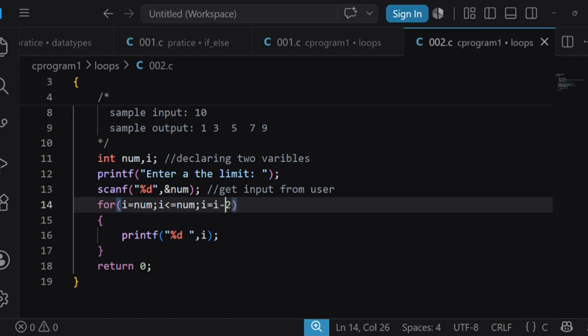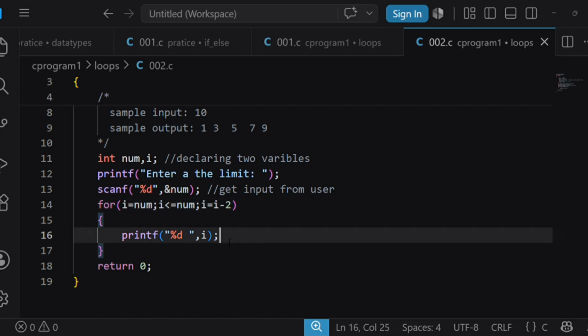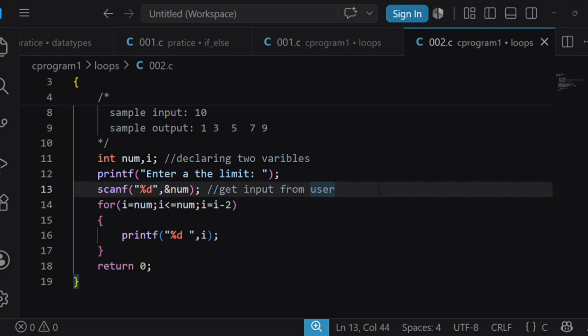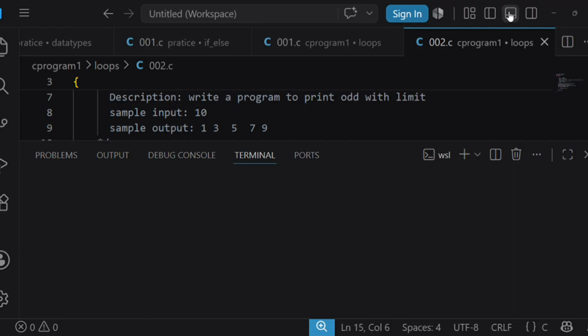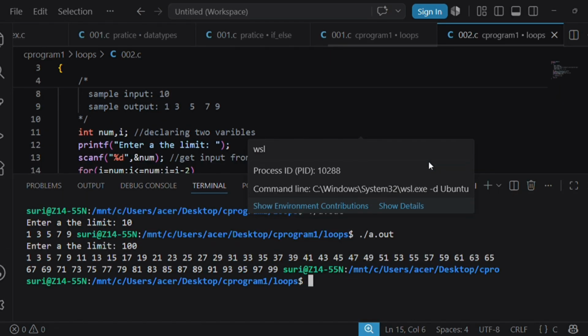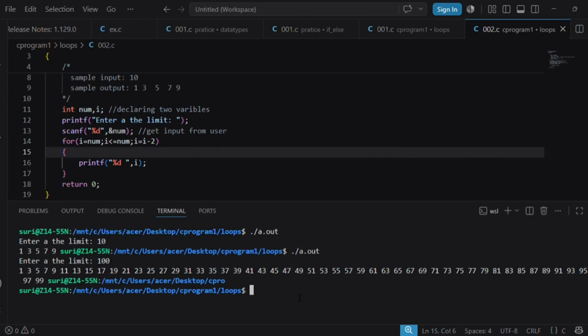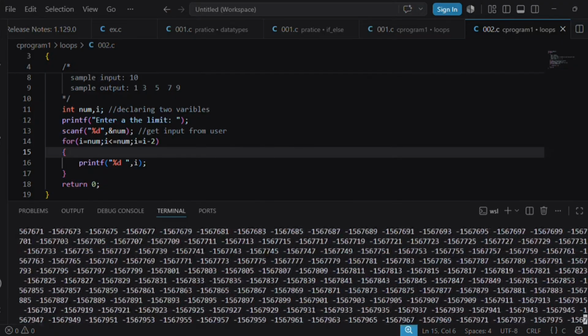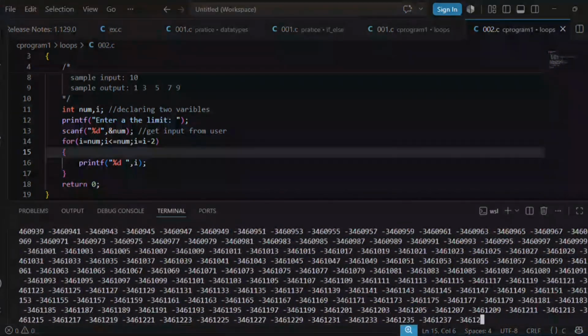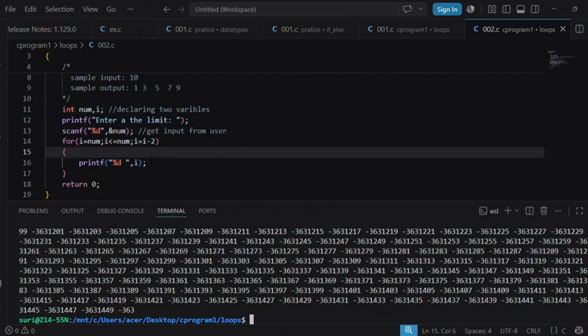Let's run this one. Control C. So how can we do this?